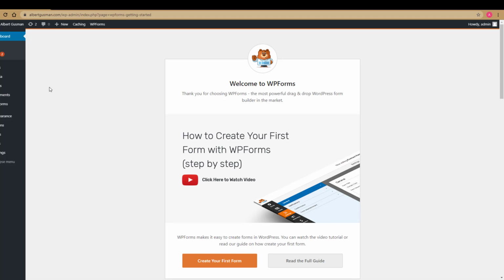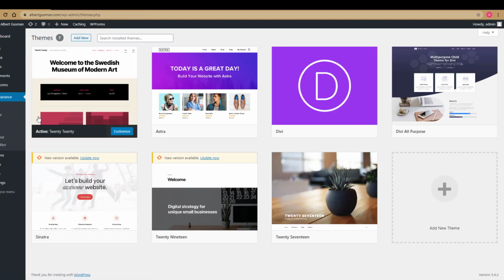So the next thing we want to do is we're going to install our Astra theme. So by default, WordPress does come with a couple of themes. So you can see here, if I go to themes, you see the defaults here, 2020, and the one I'm going to install is Astra. So if I go click on add new,